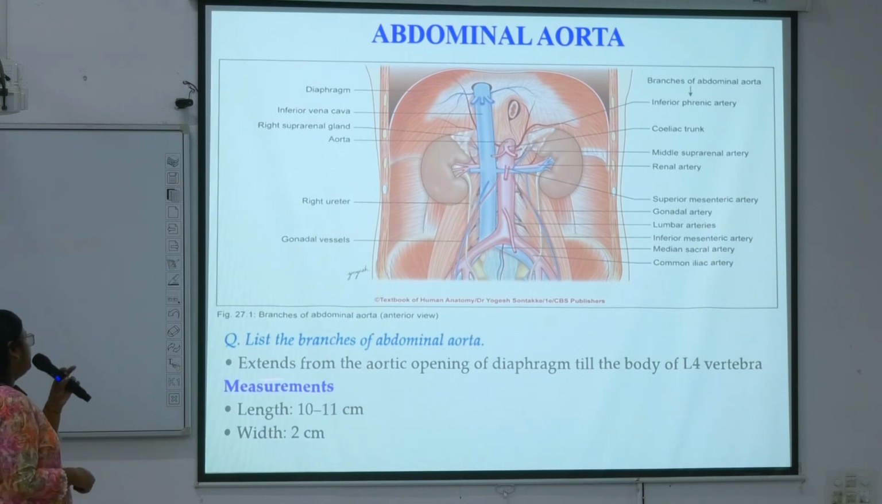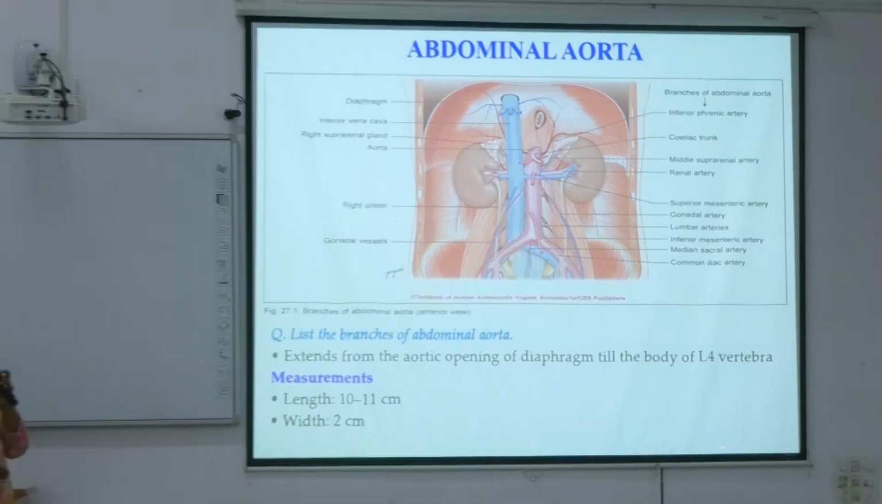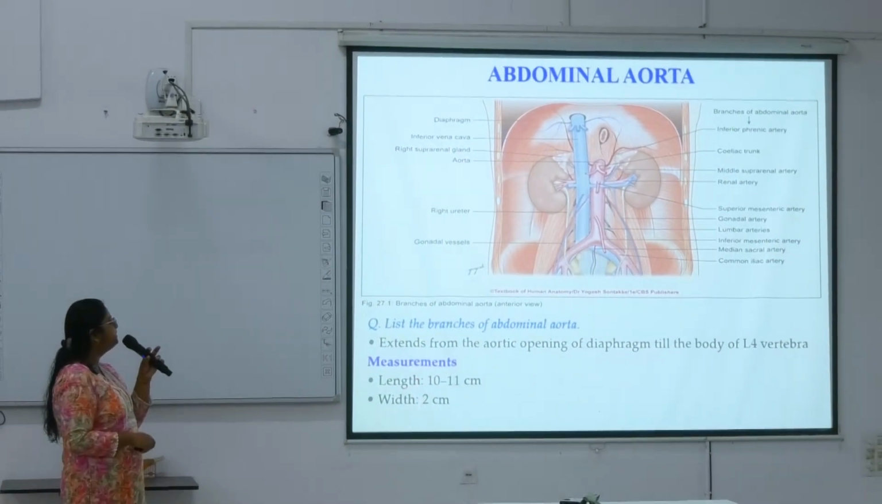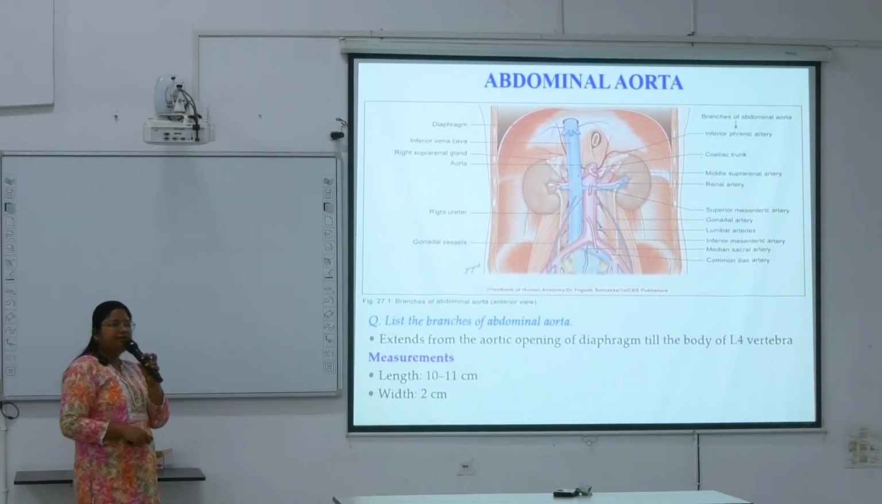So what are the measurements of the abdominal aorta? Length is about 10 to 11 centimeter. Width is about 2 centimeter. So these are the measurements of the abdominal aorta. Next,